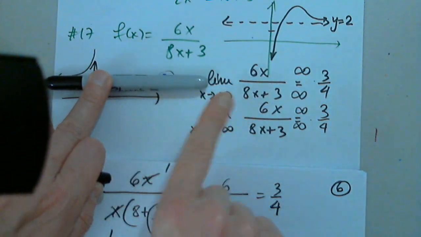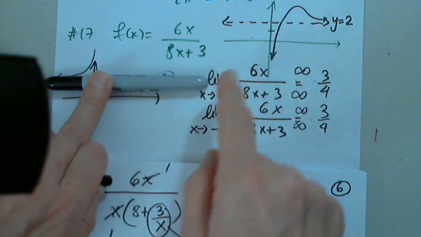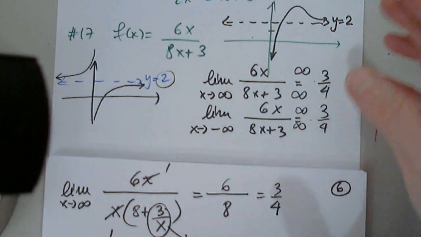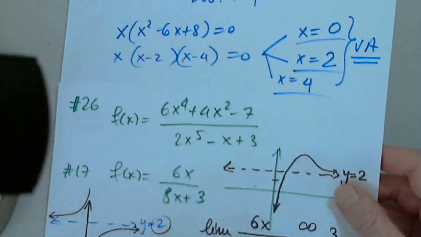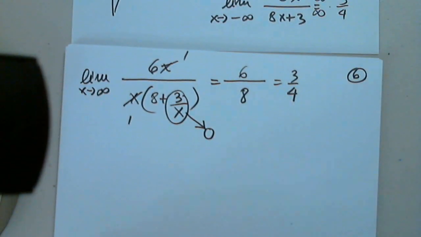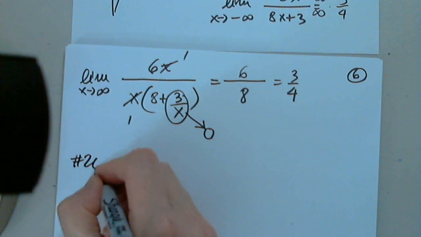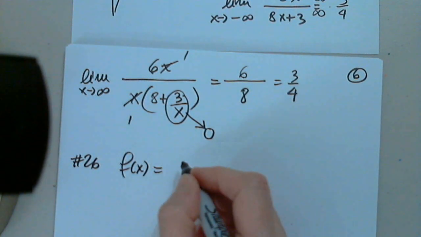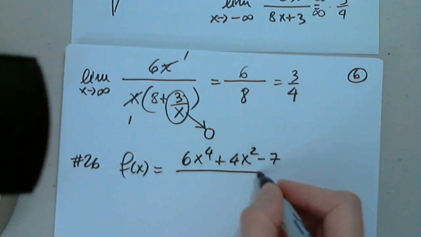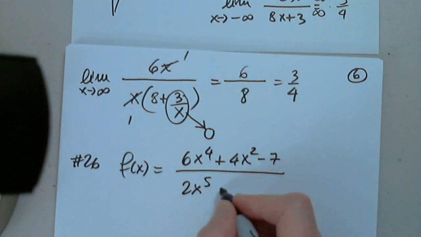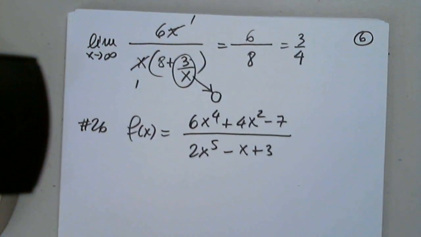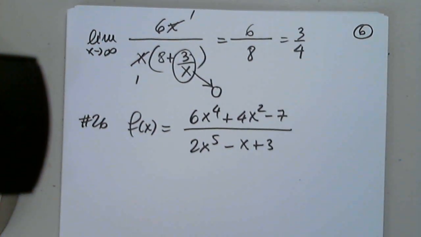And the function will approach from below or from above. We'll figure it out when we have to graph. Now, we are ready for 26. So let's find the limits. For 26, I'm going to copy it again. 6x to the 4th plus 4x squared minus 7 divided by 2x to the 5th minus x plus 3. We don't know what this is before,